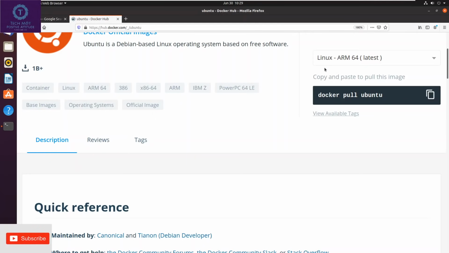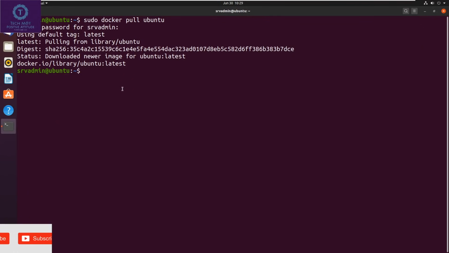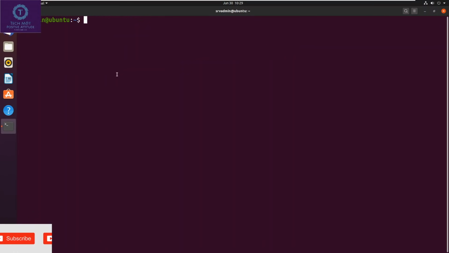I will keep the default. I will just copy it and paste it here. Once I paste, hit enter.